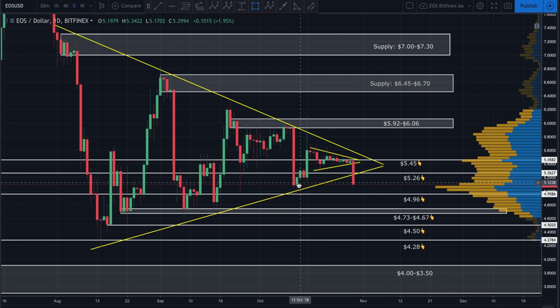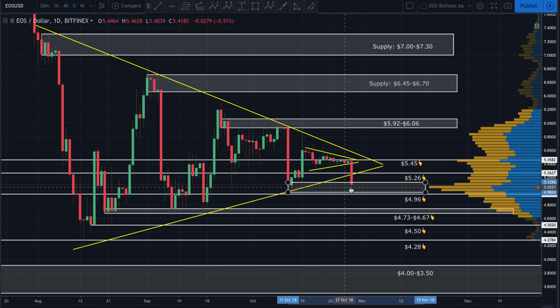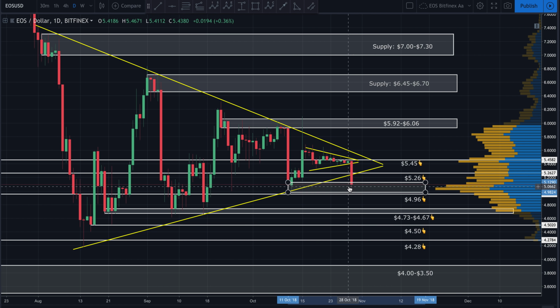I told you guys on the last update that the area we were going to be watching was right in here, at least on a microstructure level. This was the area we were going to be watching for price to initially come down and hit. Now, if it was going to be a very small bear trap, this would be the area we would be looking for reversal. We haven't had any kind of strong bounce off of that yet, guys, which is a rather bearish sign. We'll wait and see how this ends up playing out.